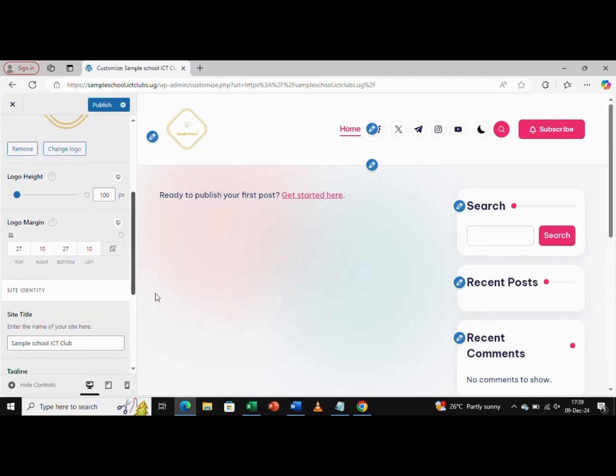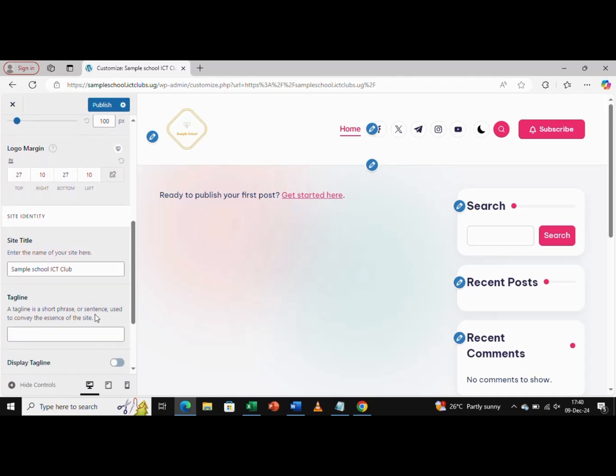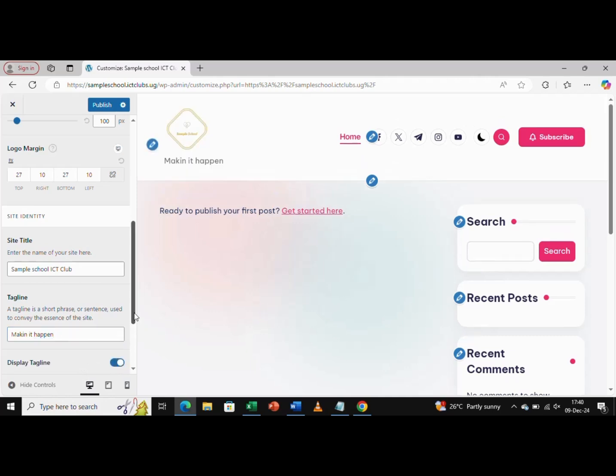So me, I've chosen that number of pixels, and then I have my site title there, but I also need a tagline just below my logo. So I'm making one here, and my tagline is making it happen. Now, a tagline can be like a motto if it's for a school, but in this case, it is something